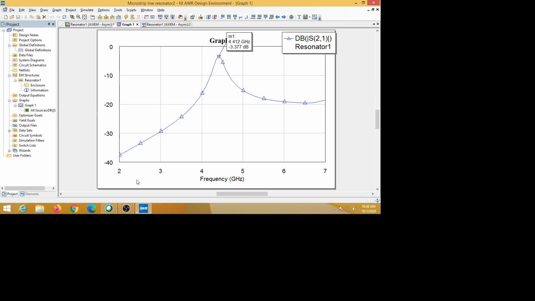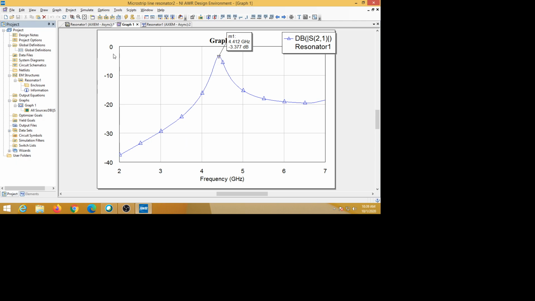As we observe here, the frequency grids are taken at 1 gigahertz difference: 3 gigahertz, 4 gigahertz, 5. The distance between two grids is 1 gigahertz. Instead of that, we can add a grid in between 3 and 4 also. That you can change.